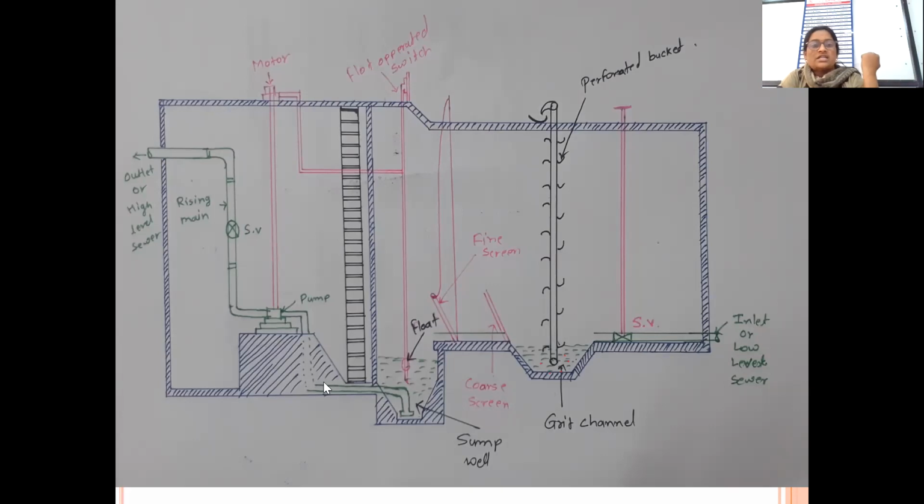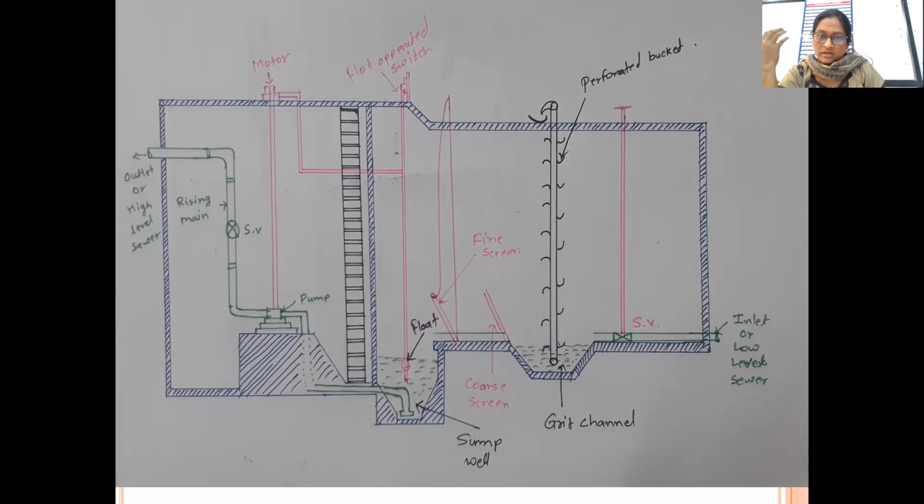Ma'am, Rajnandini asked me a question. Let me read it for you. Ma'am, how are small plastic waste particles removed in that treatment? Yes, that is what I told you. This arrangement, you can pick it up by mechanical action, meaning there also we can fit a chain, so that after a random period it will pick it up to the surface, or otherwise, whenever you want to go for maintenance, you can remove